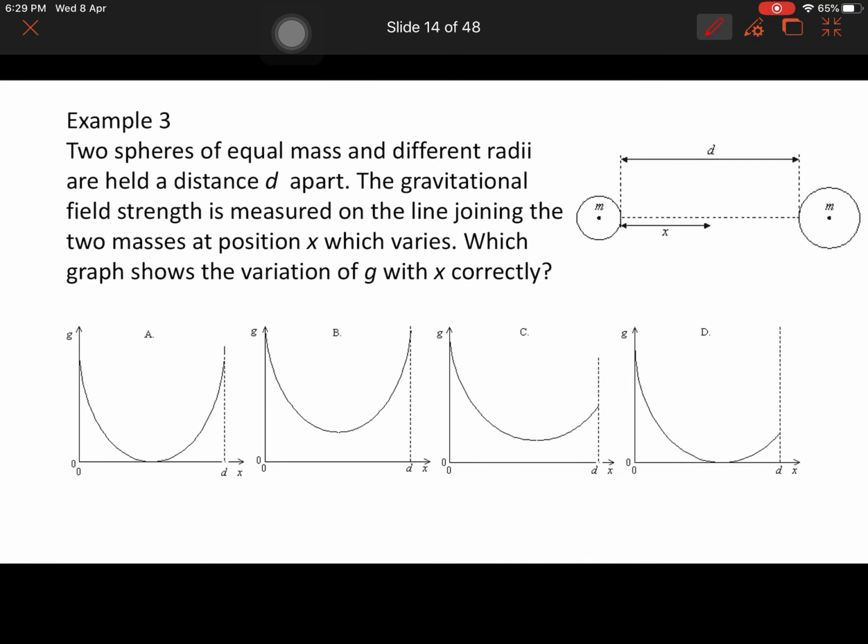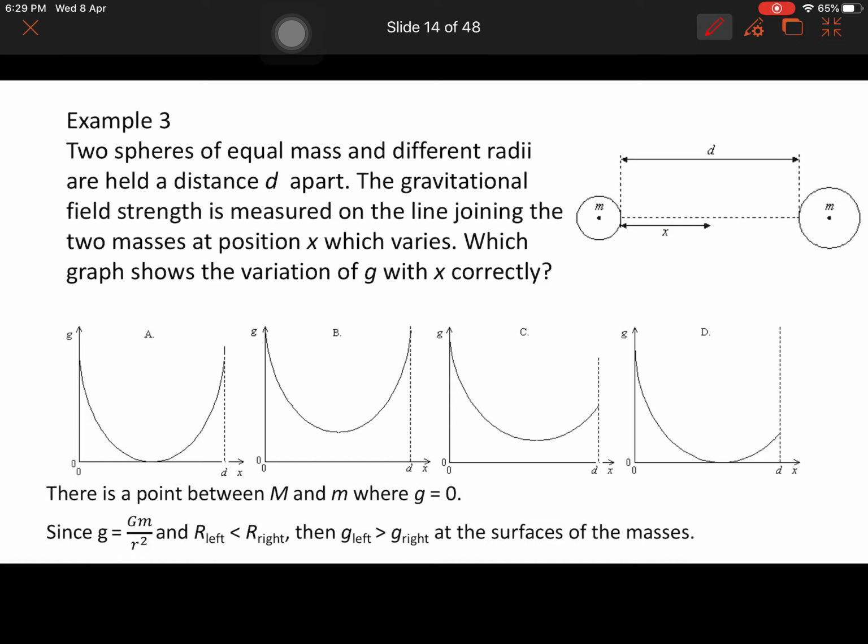Okay, now pause here and try example 3. So for example 3, what's your answer? D? Yes? Okay, now what is the answer D? So they tell us that there's a point between M, okay, no, sorry, not that they tell us, but we should know. Now they tell us that,